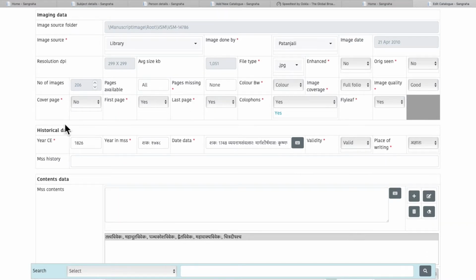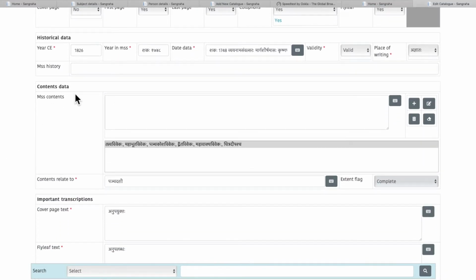The historical data section relates to the dates and places for the manuscript. I find the colophon gives a complete date, so I record those in Prathamanta Sanskrit in descending order, year to day. The Christian year is a searchable field, and is filled in to validate the year CE.